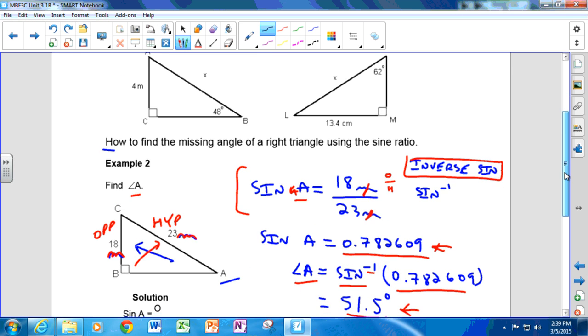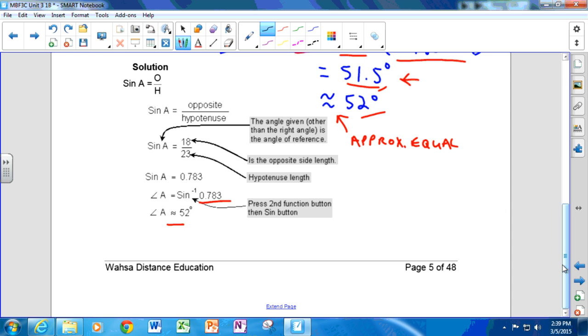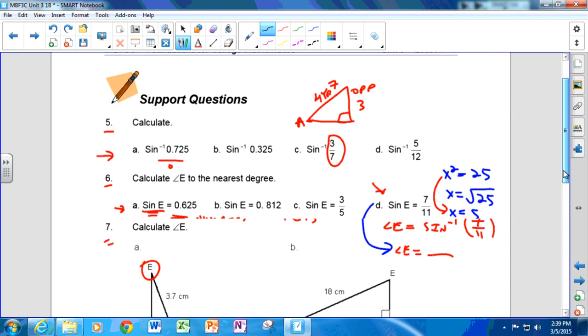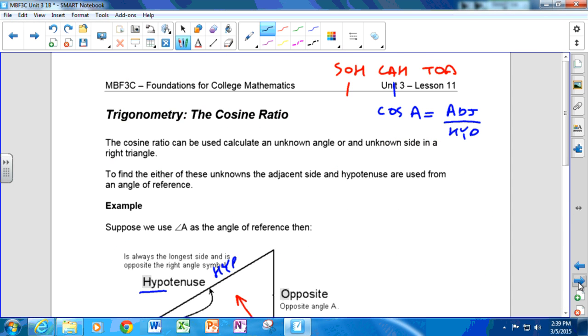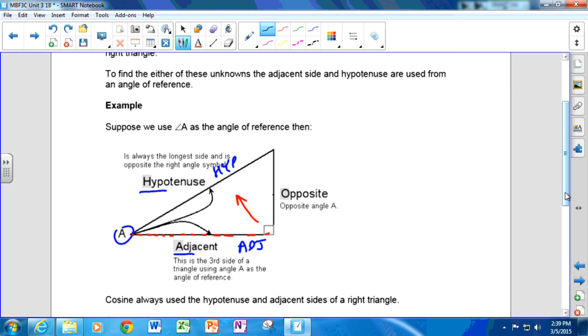Okay. All right. So the next thing that we did was we looked at the cosine ratio, and that's really the same thing as the sine. It's just that instead of opposite over hypotenuse, we're using adjacent over hypotenuse. Otherwise, it's the same. And what that does is it opens the door a little wider to figuring out things about triangles when we don't necessarily have